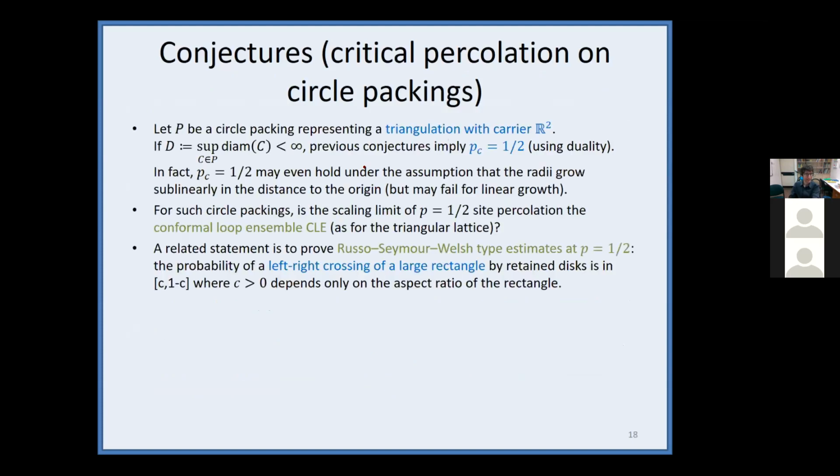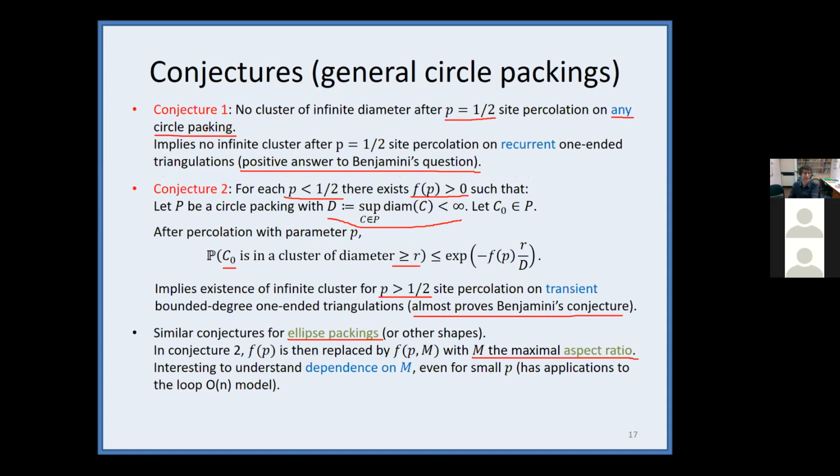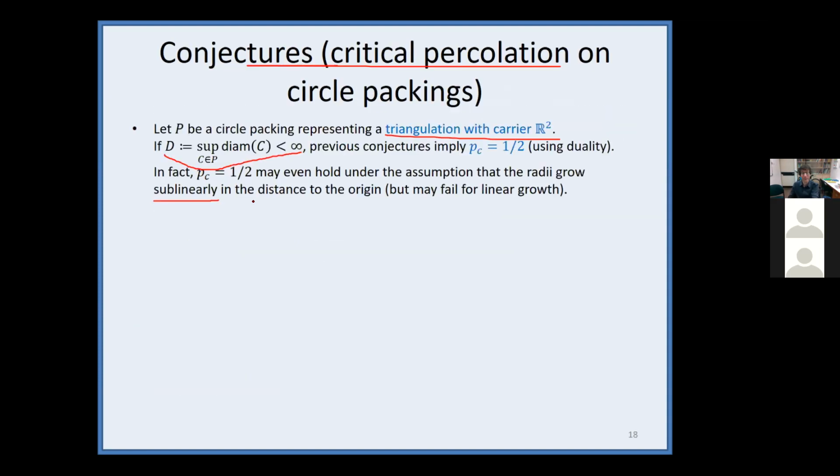Okay, and finally, the critical case. So suppose you have a circle packing that represents a triangulation carried by R², and all the circles are of bounded diameter, or maybe you may assume that the diameter of circles grows as you go away from the origin, but let us assume it grows sublinearly. If it grows sublinearly, then you may use the previous conjecture, and supposing that these two conjectures are correct, then it will imply that for any triangulation with carrier R² and satisfying these diameter restrictions, p_c